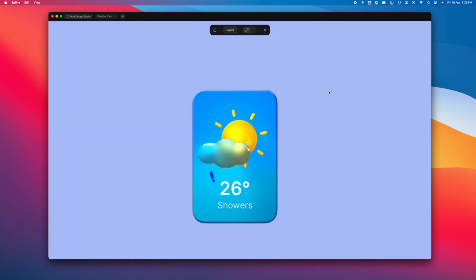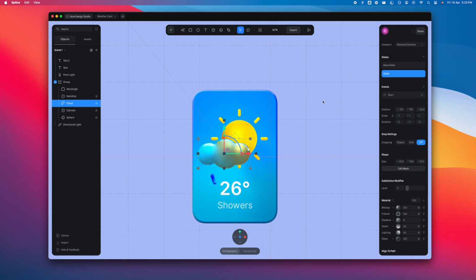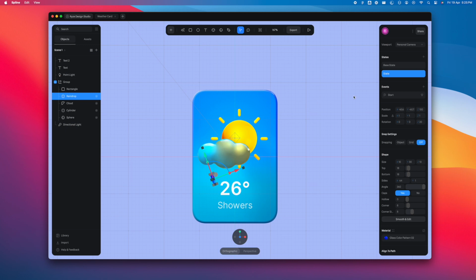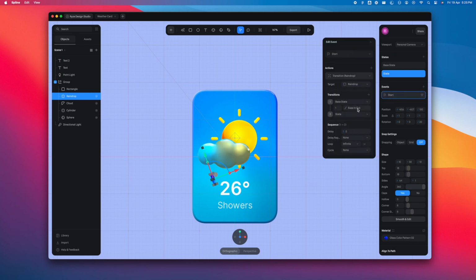So it looks pretty cool, but it would look better if the raindrop is sort of easing out and disappearing towards the end. Let's just quickly do that. We'll go to the raindrop again. We'll select it from the layers. And we're going to go to events. In events, we'll change ease in out, we'll go down and select only ease out here. And we'll